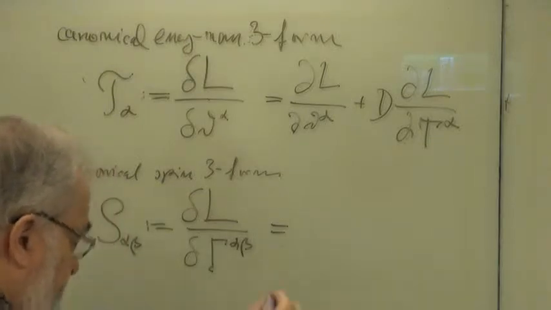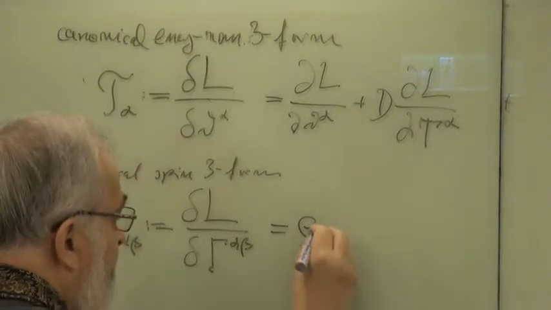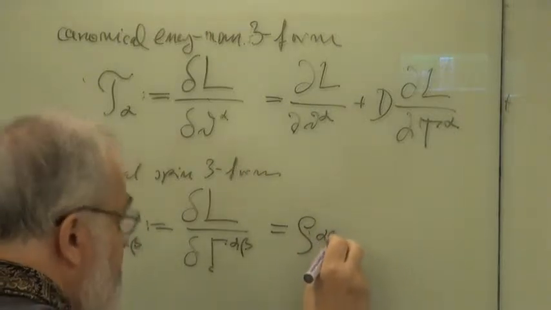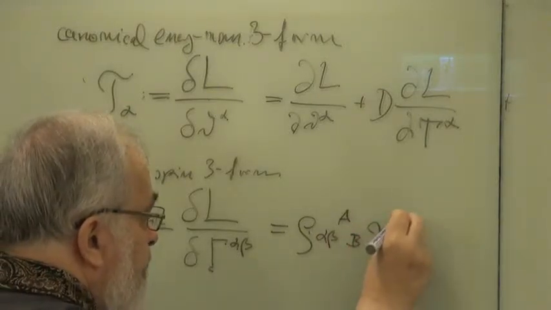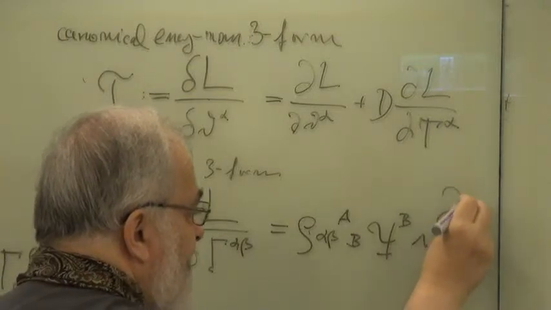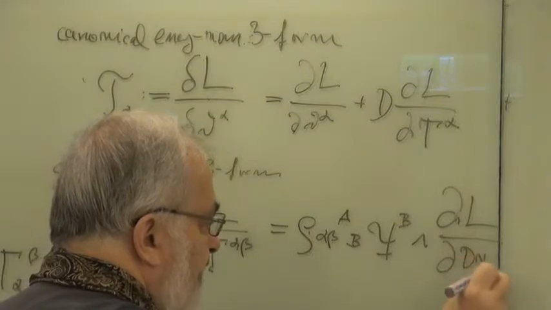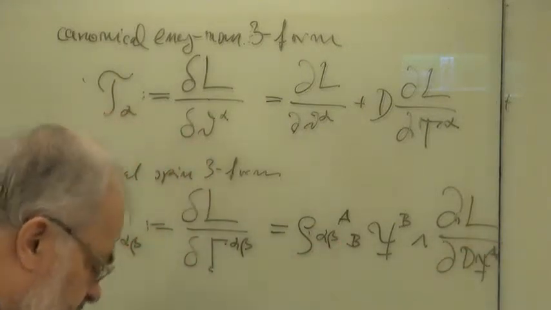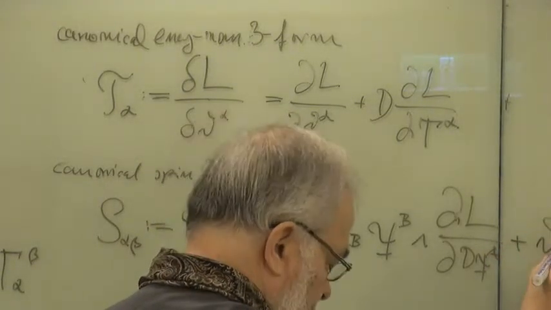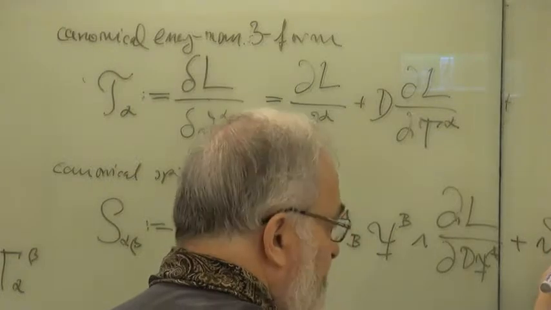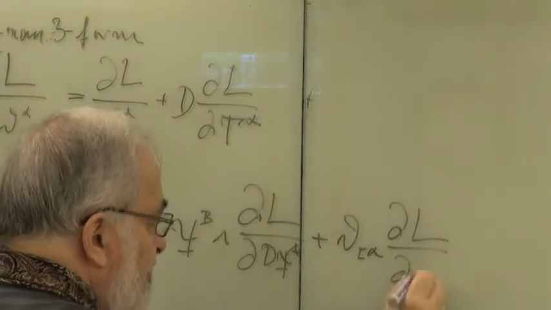So this is rho alpha beta, the representation matrices, AB times psi B, wedge partial DL over E psi A. So this is really the canonical spin, which you know, and then we have this non-minimal part plus theta antisymmetric alpha DL over partial T beta,